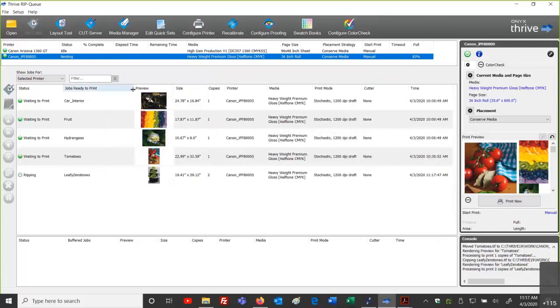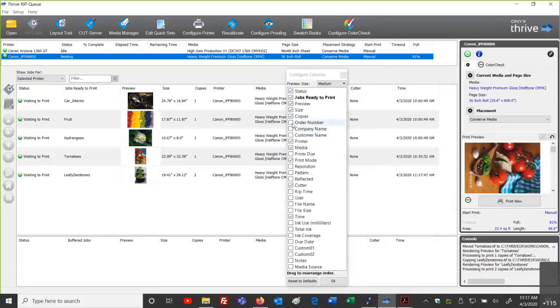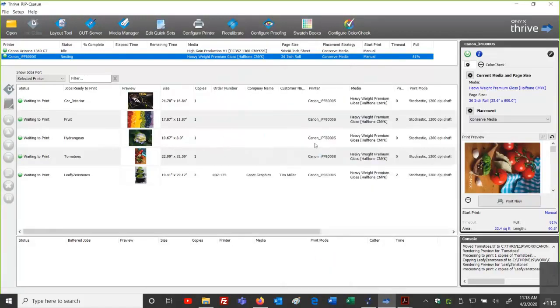When this information comes in to the RIP, generally speaking, I could right-click at the top here in any of these columns across the top. I could right-click anywhere, and then I can activate these fields as well so I can see the information. I've got my due date, custom fields, custom notes. And when I add all that in here, of course, I can configure and truncate the columns as I need to, and see the information as it comes in for my prints and so forth.